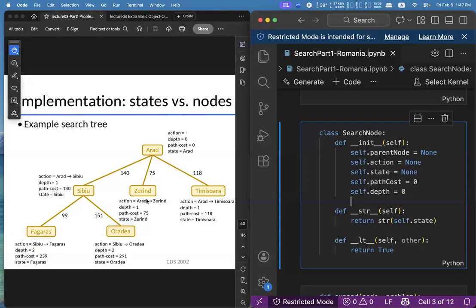That is why you have the state for the search node. And of course, you have the path cost and the depth. For the path cost and the depth, I will assign 0 and 3. So this is the structure of the search tree.